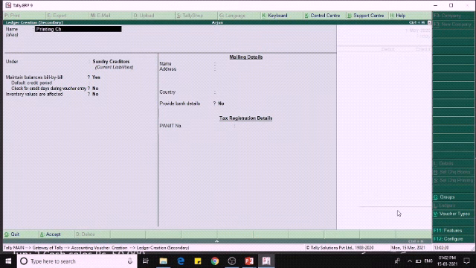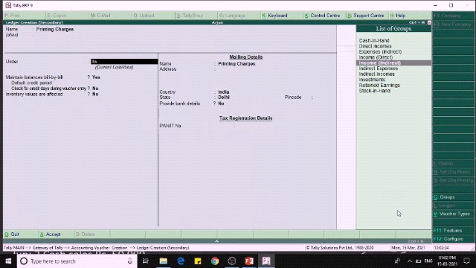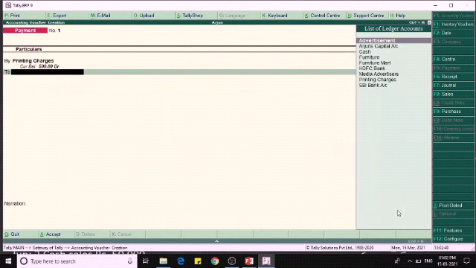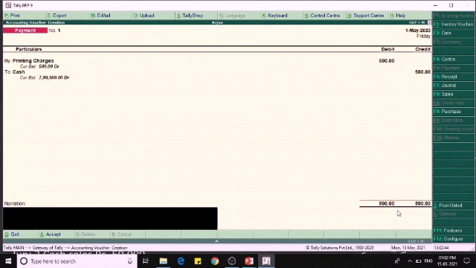Printing charges is an indirect expense, rupees 500. We are paying in cash, so we have to credit cash. Being printing charges paid.